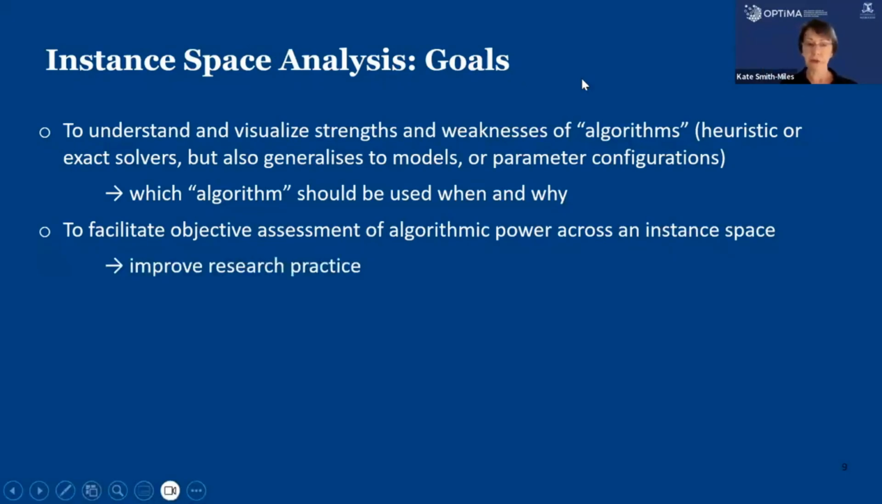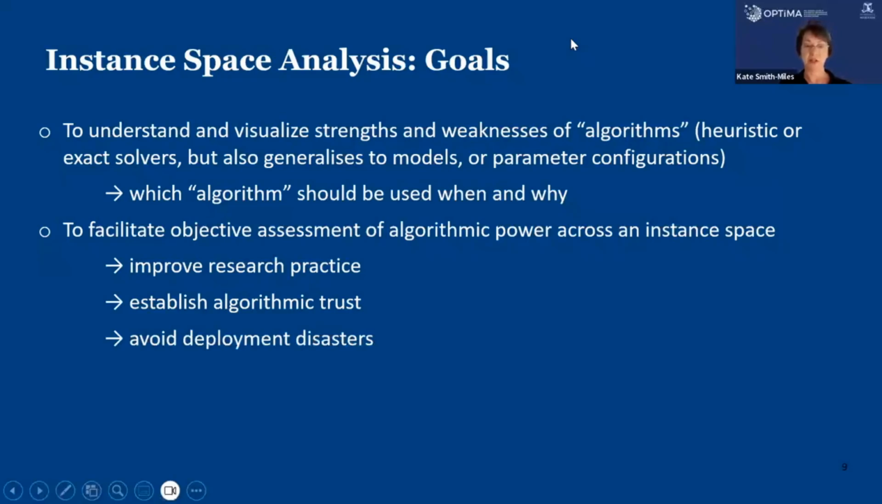We're trying to improve research practice by offering that methodology, establish algorithmic trust. 20 years ago, people weren't talking so much about trust, but now it's a hot topic, of course. Society is demanding AI, that we have guarantees, and we can trust the outputs. And that, of course, comes down to how well we're testing. And of course, we're trying to avoid deployment disasters by making sure that we're choosing the right algorithm for the